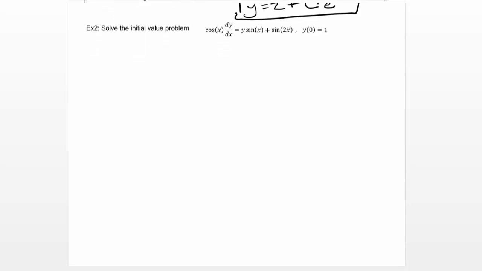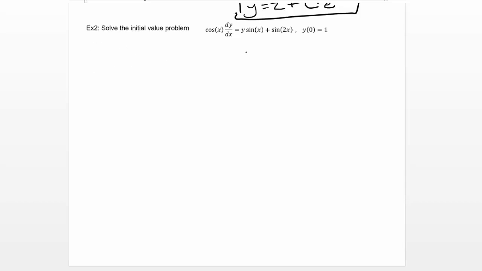I have one more example. Here's a differential equation that is not currently set up in the form that we discussed we would like to see. However, with some rearranging and some algebra, we can get it into the form of dy/dx plus y times a function of x equals some function of x. We're going to both solve this generally, and then use this initial condition to find a particular